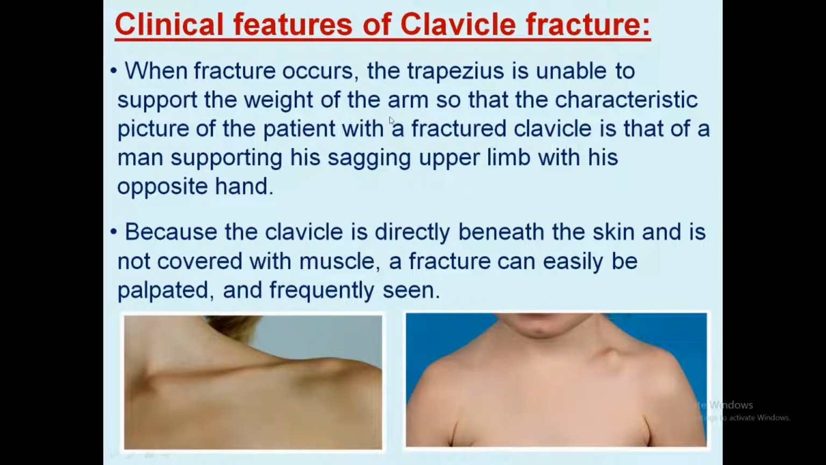Okay, so when the fracture occurs, the trapezius muscle is unable to support the weight of the arm. The characteristic picture of the patient with a fractured clavicle is that of a man supporting his sagging upper limb with his opposite hand. So இங்க this is the main clinical feature. என்னன்னா first a person, அதாவது the personக்கு இந்த clavicle bone வந்து fracture ஆயிருந்துச்சுன்னா, so this is the image showing that